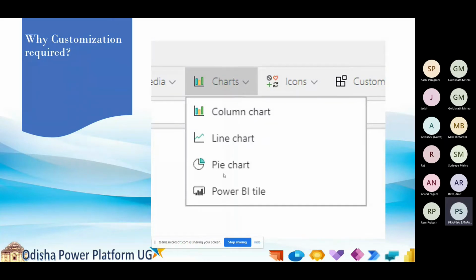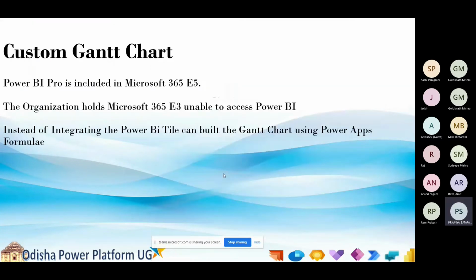We could have done it with Power BI, but there is a license issue. Power BI Pro is included in the Microsoft 365 E5 license, and organizations which hold the E3 license will be unable to access Power BI.